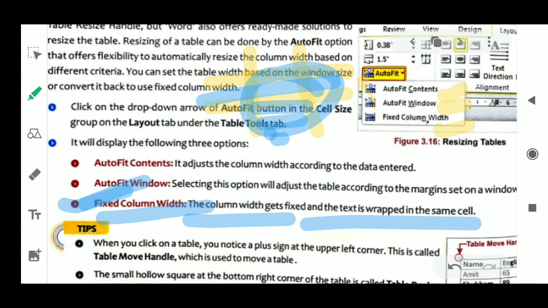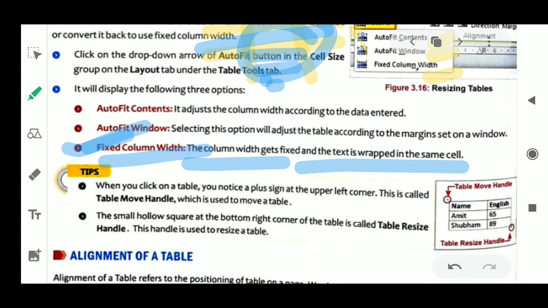Got it? Okay. When you click on the table, you notice a plus sign at the upper left corner. This is called the table move handle. As I told, this arrow like this here is called the table move handle. And the small hollow square at the bottom right corner is called the table resize handle.